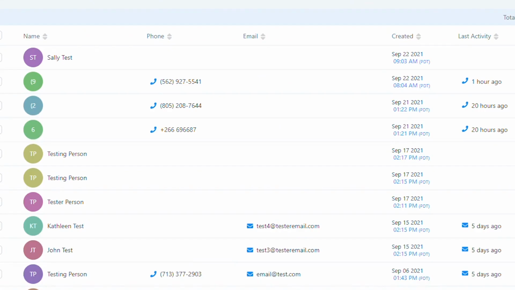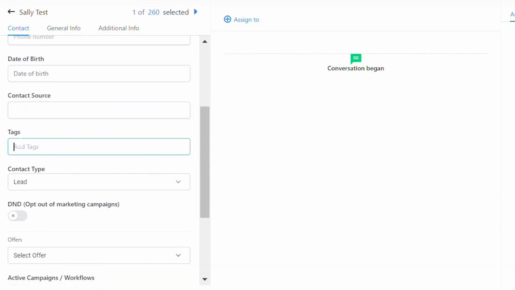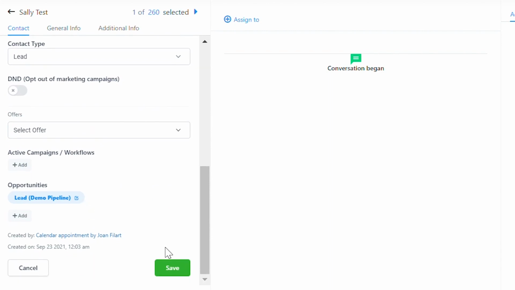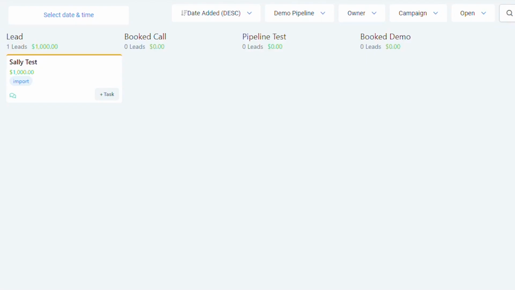Let's navigate to Contacts and choose a contact that we can give the import tag. Once you've selected a contact, scroll down to Tags and choose Import. Save the contact and go to the pipeline. As you can see, the contact has been placed in the lead stage of the pipeline and assigned a lead